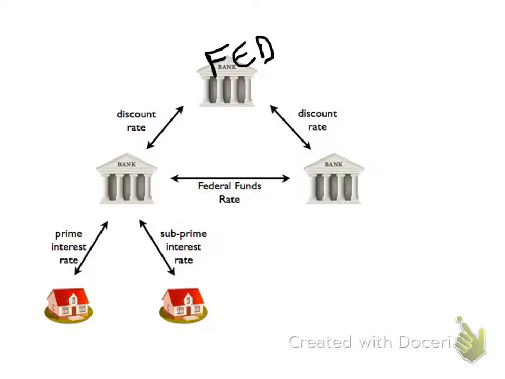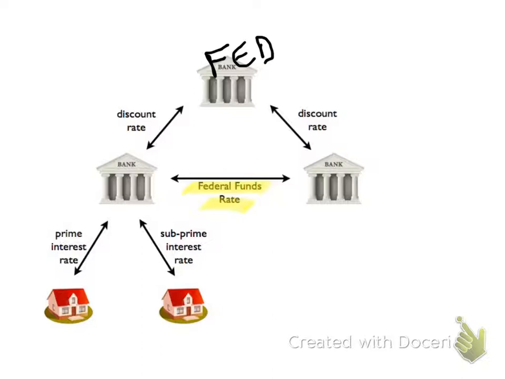And they are going to influence the federal funds rate to be lower than the discount rate so that banks can lend to one another. So you could say, this bank here, let's call them Wells Fargo, and over here is U.S. Bank. The Federal Reserve wants U.S. Bank and Wells Fargo to lend to one another at the federal funds rate if they need any excess, or they aren't meeting their required reserve at the end of the day.